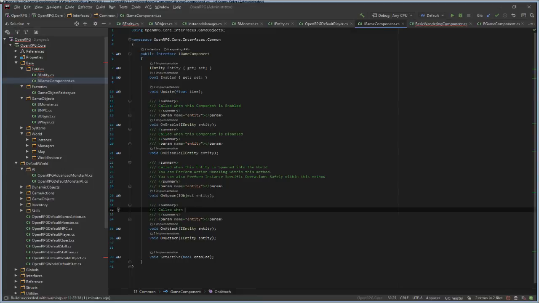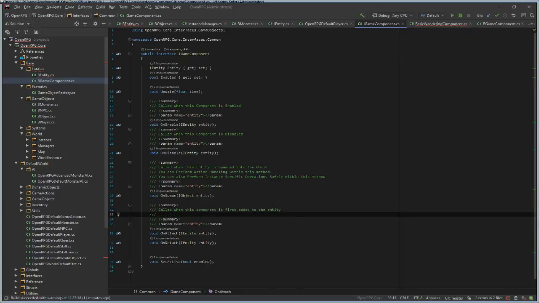Called when this component is first added to the entity. Yes, that's it. So, on your entity spawn.